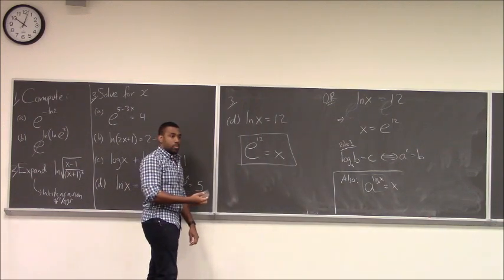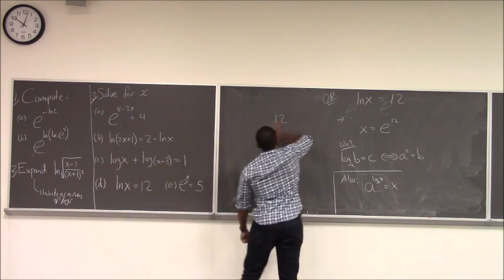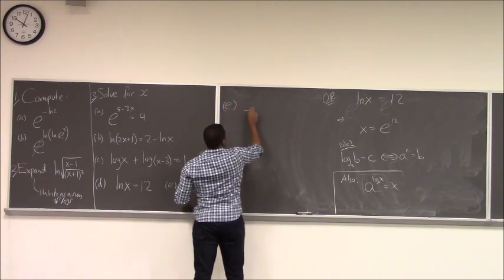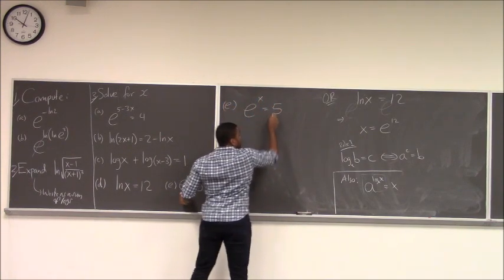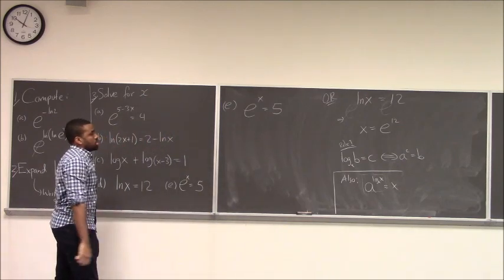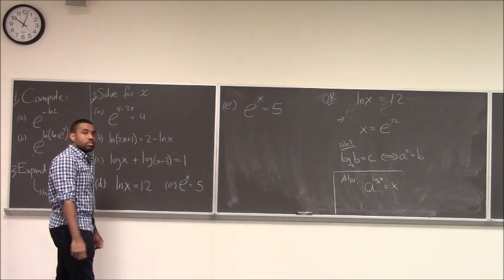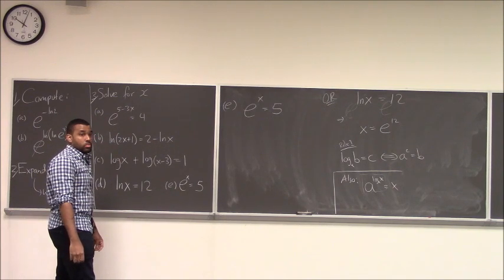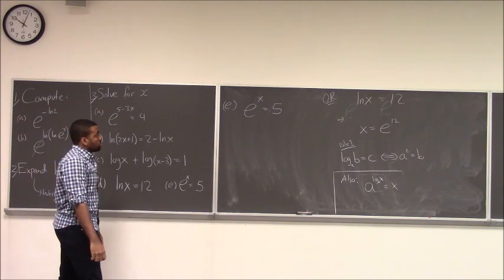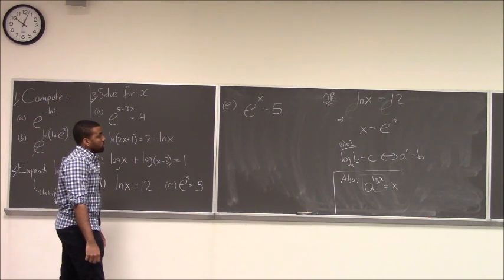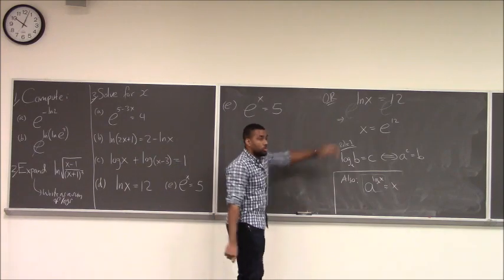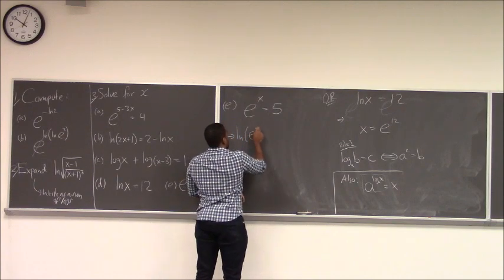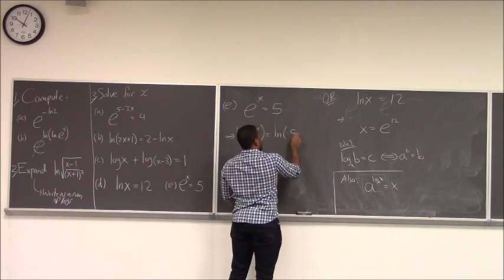Questions on that? Steve. What is that? Yeah? I got ln 5. How? I did the method where you plug in ln on both sides and it cancels. Okay, so you did something similar to this, where you're like, okay, if these are the same, I can plug them both into an ln,